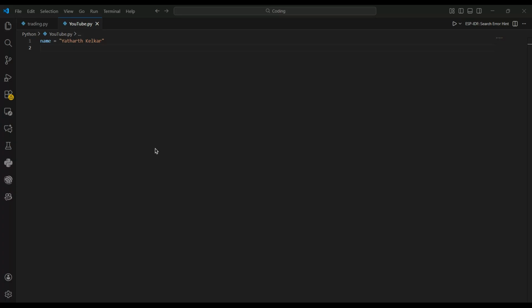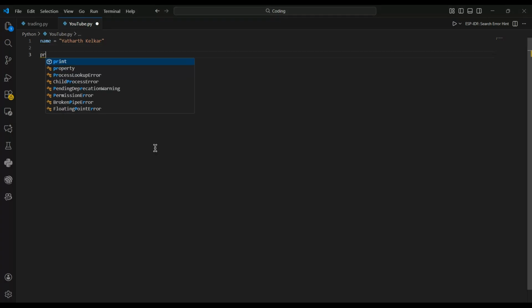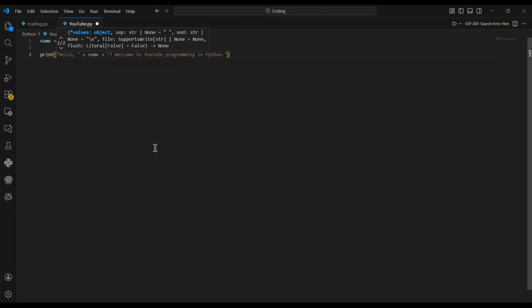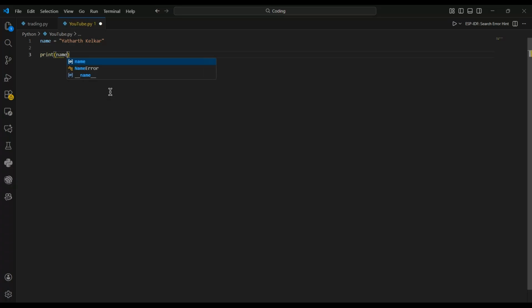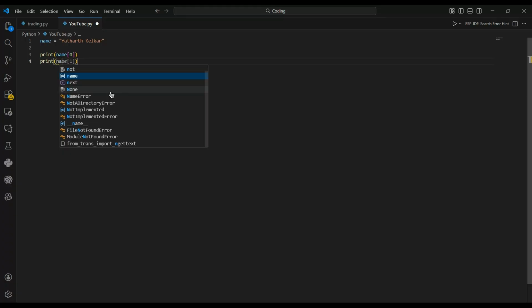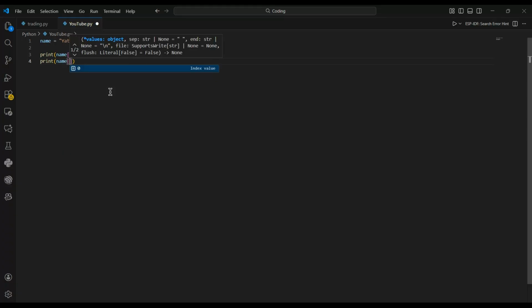Strings are sequences, meaning you can access individual characters. We had again discussed this as well, but I'll just show it once to you. Print. Let's say I want to print only the first character of my name, which is y. So I'll go over here, type the variable name, square brackets. The index number is 0, so I'll just type 0. Next, I want to print the last character, which is r. So I just type print bracket name square brackets 14